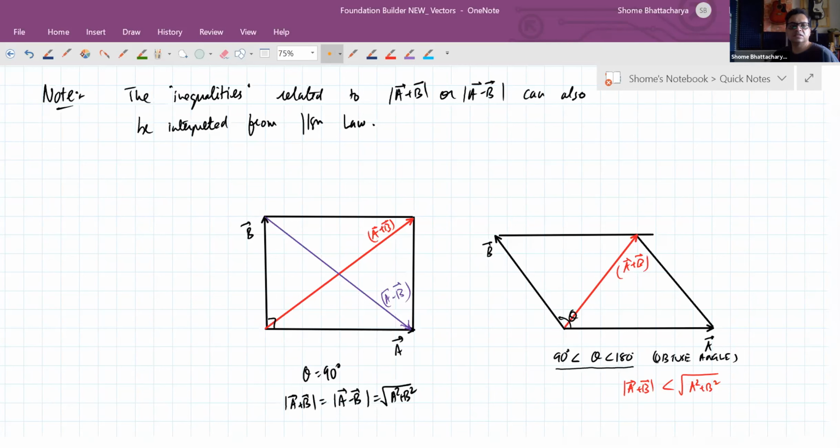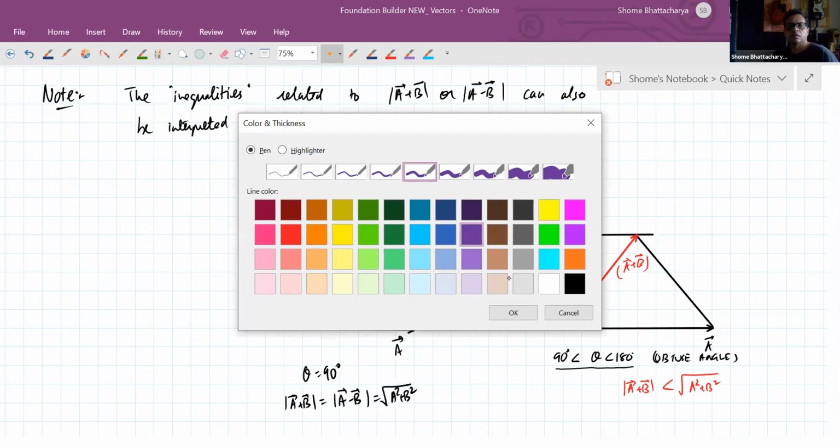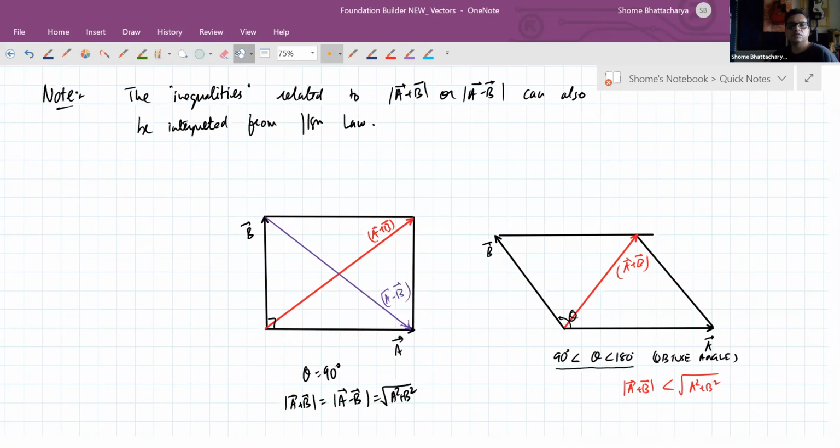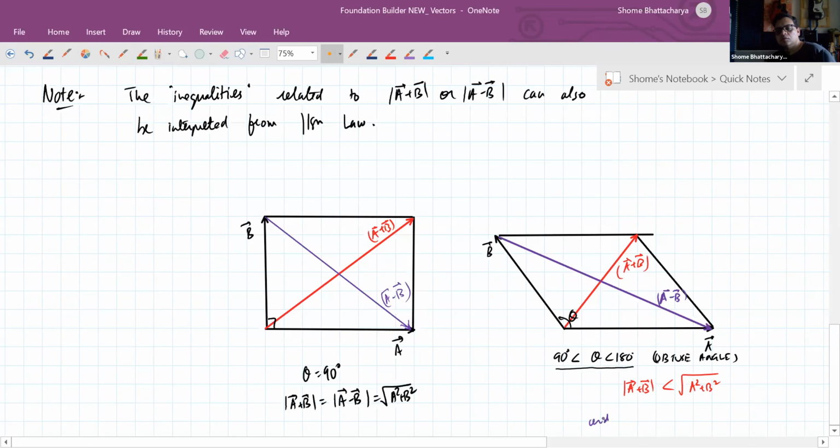And similarly, the second diagonal, this one has got elongated. Now just imagine you bent this rectangle into a shape like this. So the secondary diagonal will stretch and the primary diagonal will get a little crushed. So accordingly you can see that the moment this happens, the magnitude of the difference becomes greater than what it was over here. It becomes greater than root of a square plus b square.